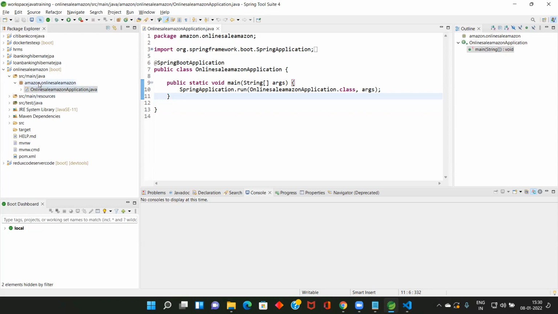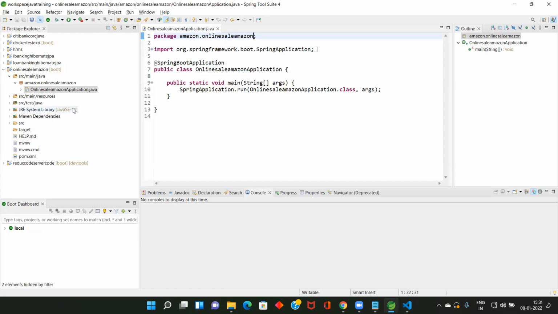Before that, you need to create all your Java programs under this package. You can create n number of Java programs in this application, but all should be inside this package, meaning amazon.online.sales dot anything. So I'm going to create one package. Can you all create a package called controller?